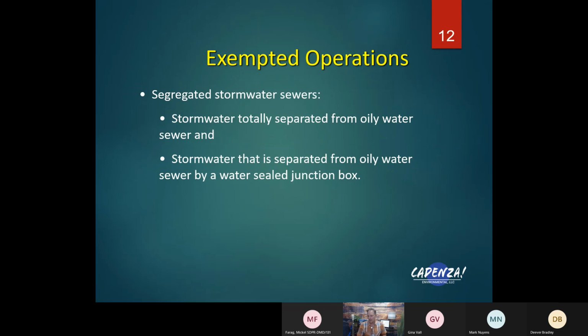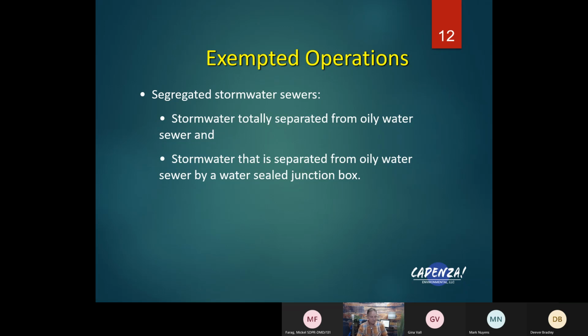So there are some exempted operations that I want to make sure people are aware of and get into the nuances later in this call or elsewhere. But segregated stormwater sewers are exempted. I'll get into kind of why stormwater that's separated from the oil water sewer is separated by a water seal or completely separated